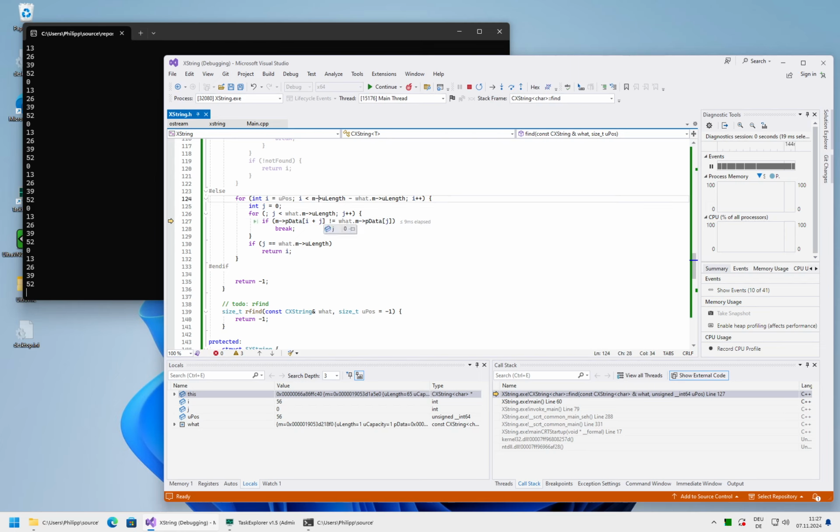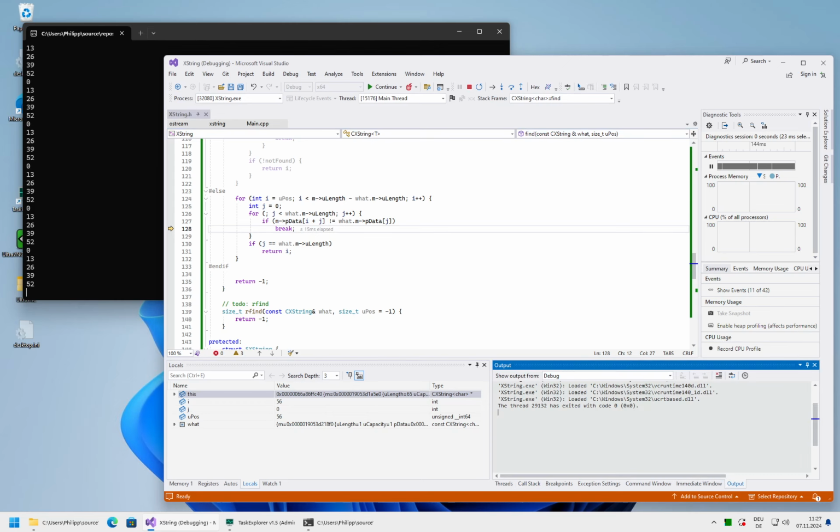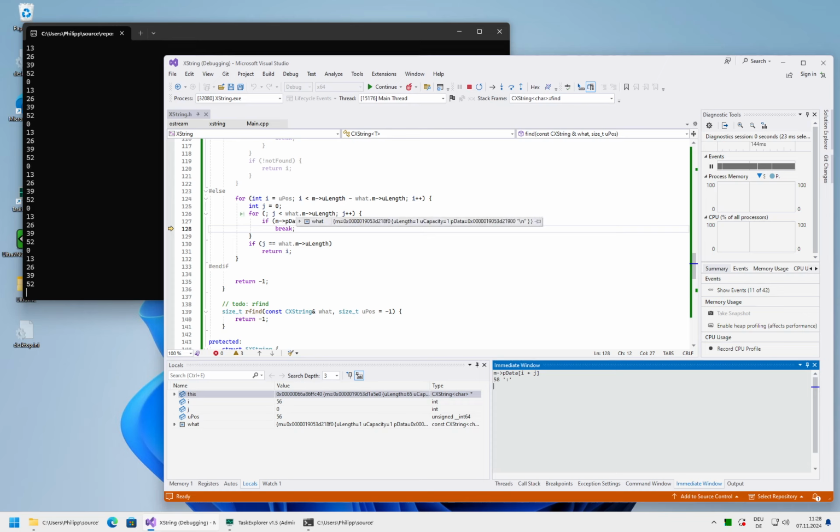E is 56, J is 0. Okay, this says it is not the right thing, so let's see what's at position 56. Okay, it's double point, but that's fine. So then we should go to the next.